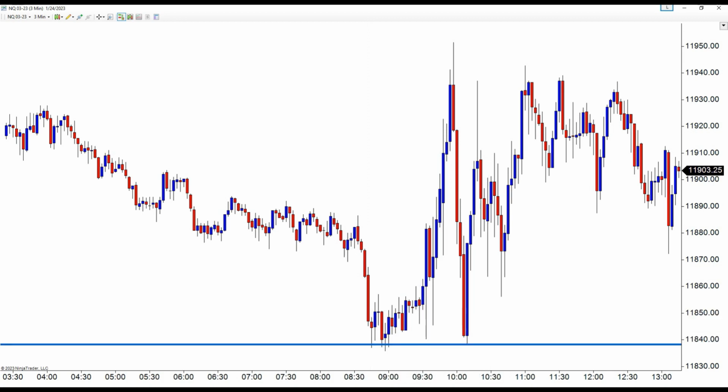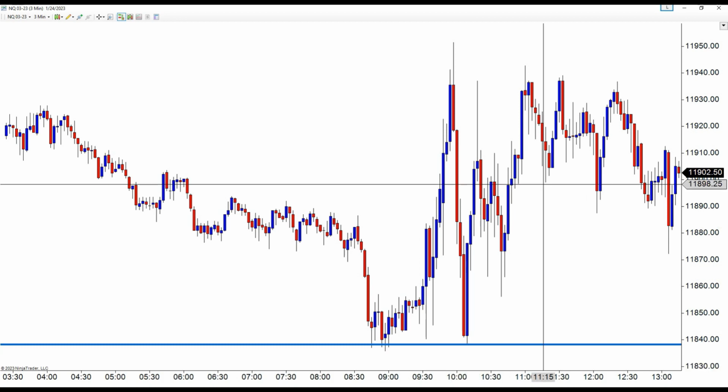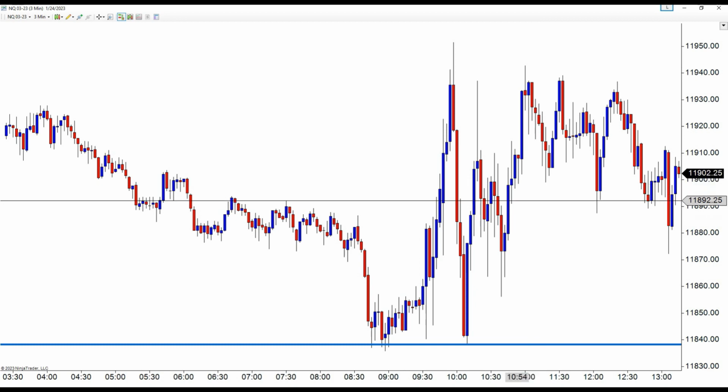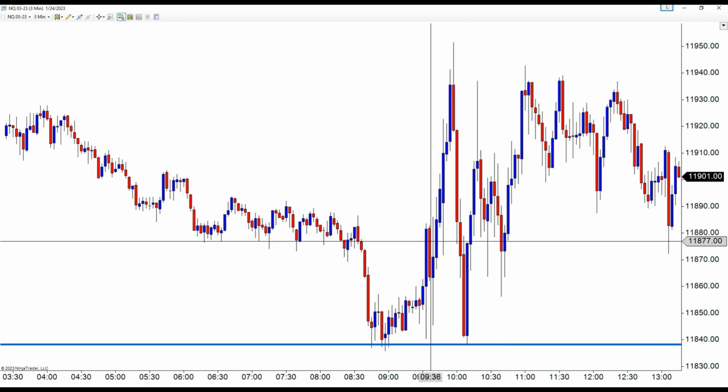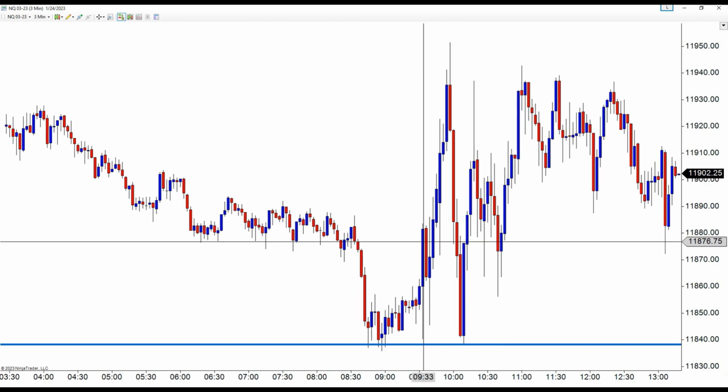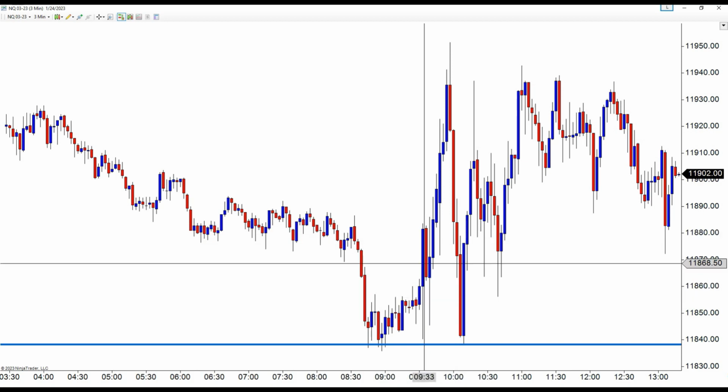But after the PMI, they just touched the trigger right over here. And then they shot, I don't remember exactly my stop, maybe it was around 30, 35 points, something like that. So even though I made money on the other instruments, I'm still down 170 for the day because of this